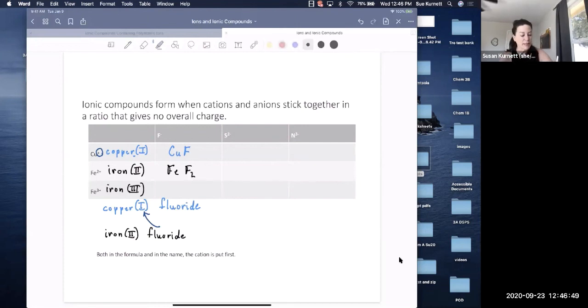What does that 2 mean? It means the charge is +2. It has nothing to do with the 2 besides the fluoride directly. Okay, and there is also the possibility of iron 3 fluoride. Iron with a +3 charge needs 3 -1s.